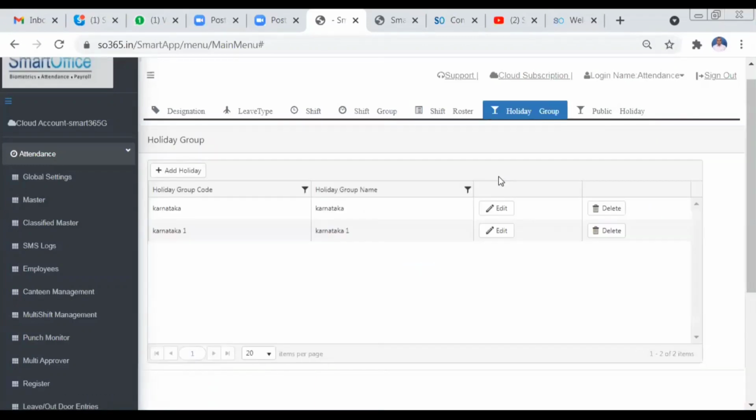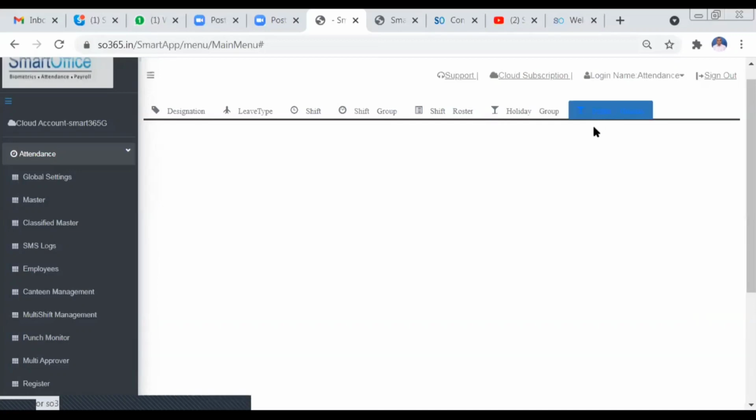You can either follow the holiday group or the restricted holidays. Holiday group means you group a set of holidays into a particular group and assign that to your employees, or you can follow the restricted holiday type. If you want to feed public holidays, here you can add your public holidays.